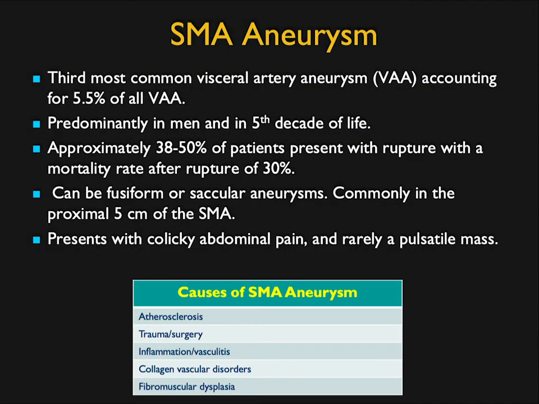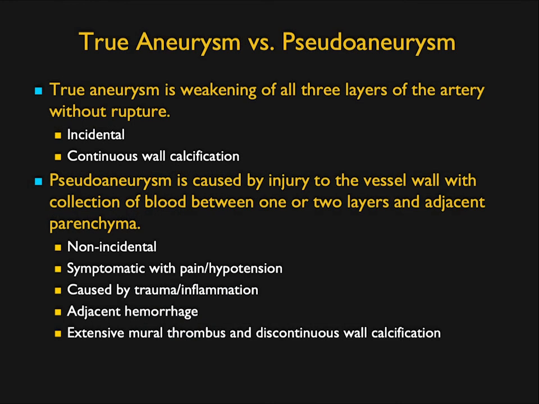Now I should mention, when I talk about SMA aneurysms, they are the third most common visceral artery aneurysm, usually in men in their 50s. About half the patients present with rupture, with a mortality rate of 30%. SMA aneurysms can be detected. It's one of the causes of abdominal pain. We talk about true aneurysms versus pseudoaneurysms. True aneurysms involve weakening of all 3 layers of the aorta without rupture, an incidental or continuous finding. Okay, and then you look at the CT